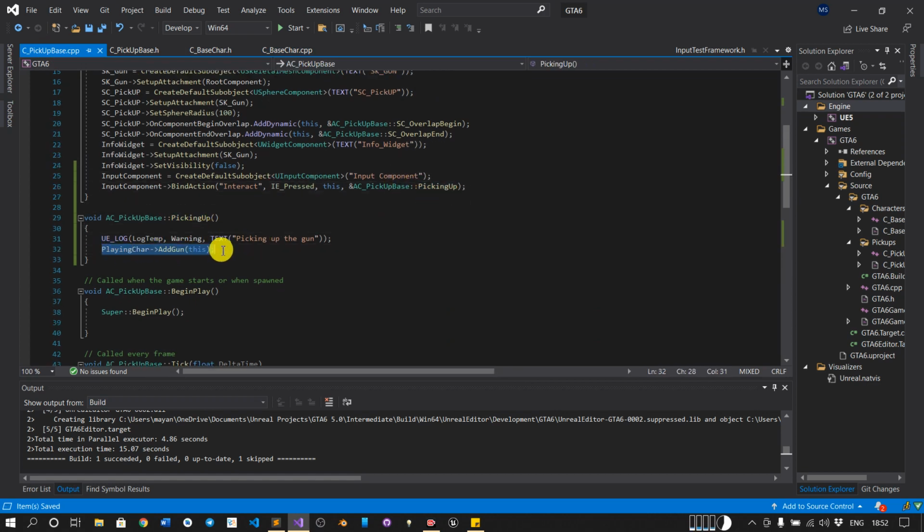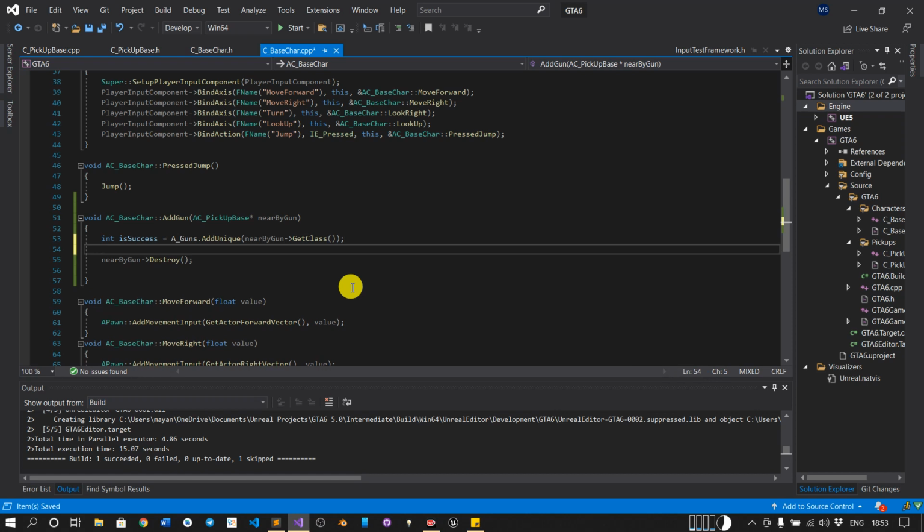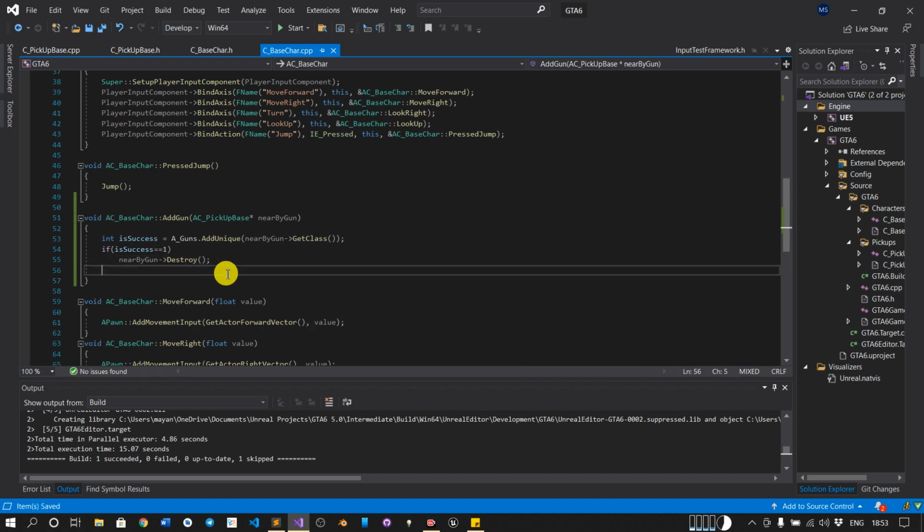Here it will go to the add function, add gun, and here it will include its class and it will destroy. Okay, we can check if it is a success. If it's -1, if success is equal to 1, then we will destroy it, or else we haven't picked up. So else, I just forgot.